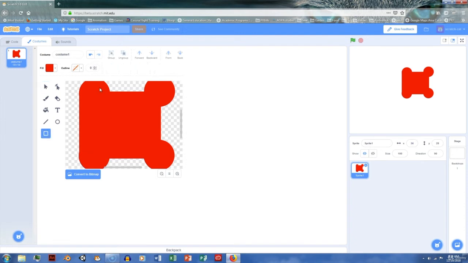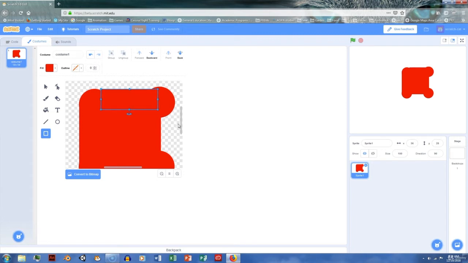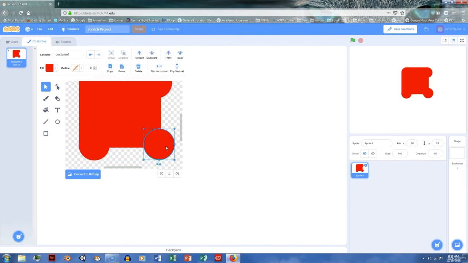Okay, now let's repeat it for all the other circles. Okay, one more left. Now that we have a nice rounded square, let's go to Code